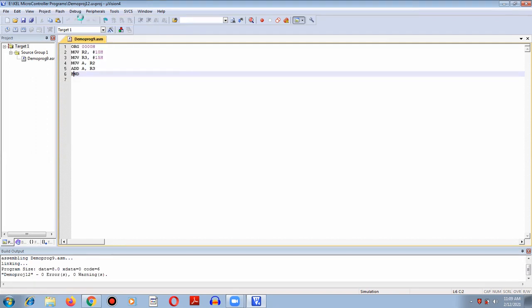I have to start or stop running the program. Now it will ask you one question, whether our program size is greater than 2k. Now this program is very short, and it is just a few lines of code, so it is definitely not more than 2k memory. For the student version, whatever programs we are using for study, all microvision programs are supporting up to 2k, and for students' application this size is more than sufficient. So it is just giving you the warning that the code is running with a size limit of 2k. We have to say okay, because our program is not more than 2k. So I'll just click okay over here.